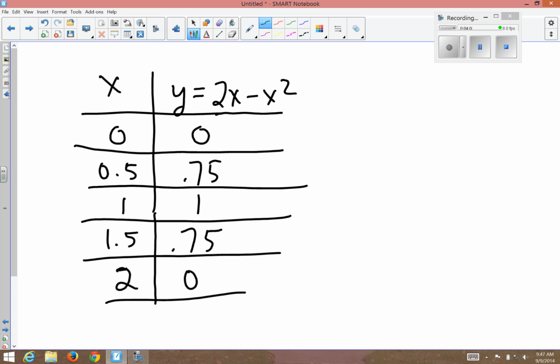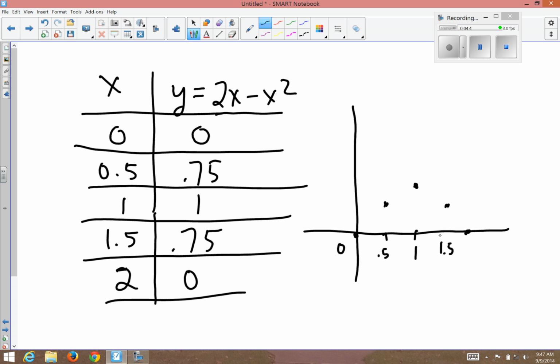We're going to plot all these points, which actually create the parabola that we just saw on the previous page. But I just want these points, not connected. The points 0, 0; 0.5, 0.75; 1, 1; 1.5, 0.75; and 2, 0. Do not connect the dots. For each of these intervals, from 0 to 0.5, from 0.5 to 1, from 1 to 1.5, and one more, from 1.5 to 2, for each of these subintervals,